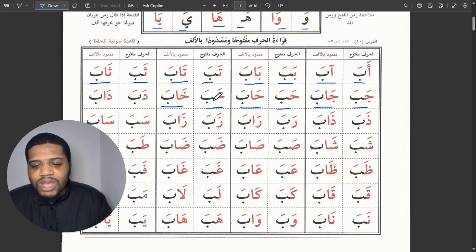You can see how from here we had khaba, and then as soon as we added the alif, okay, after that kha with fatha on top of it, we elongated the kha, okay, not too long, okay, maybe roughly a second, and then we went to the ba. So khaba, daba, dhaba,